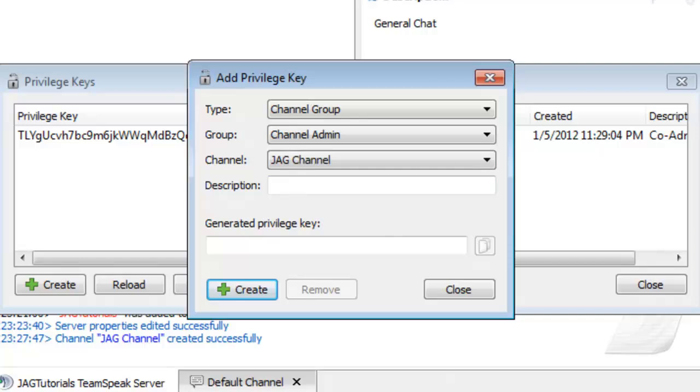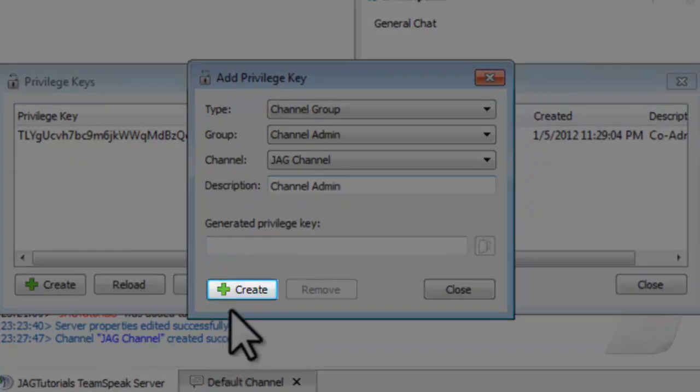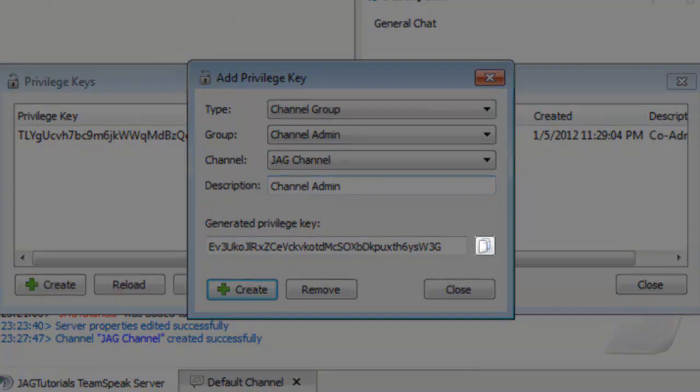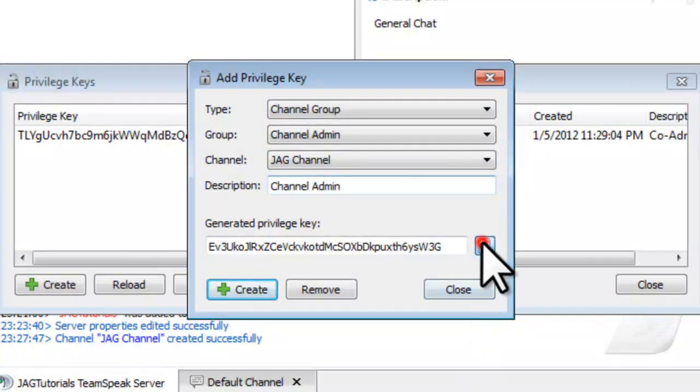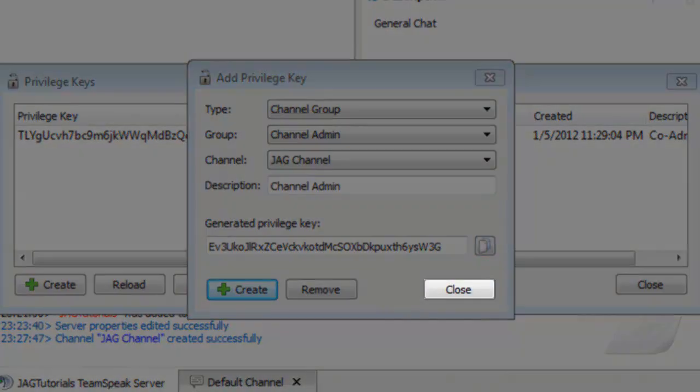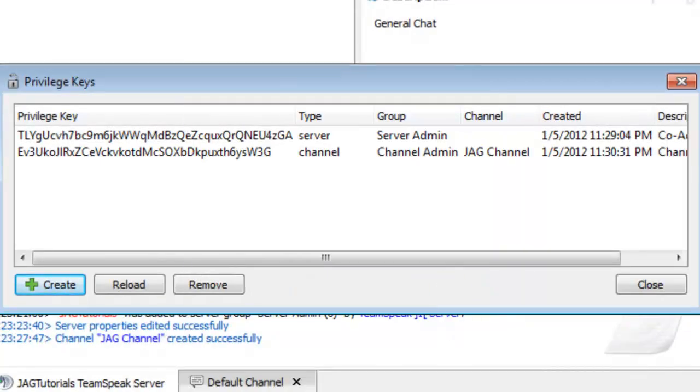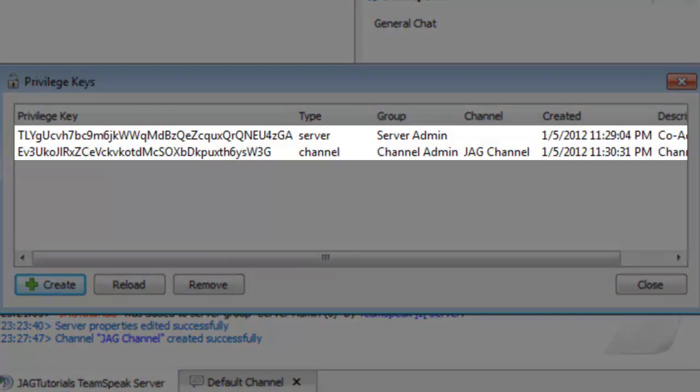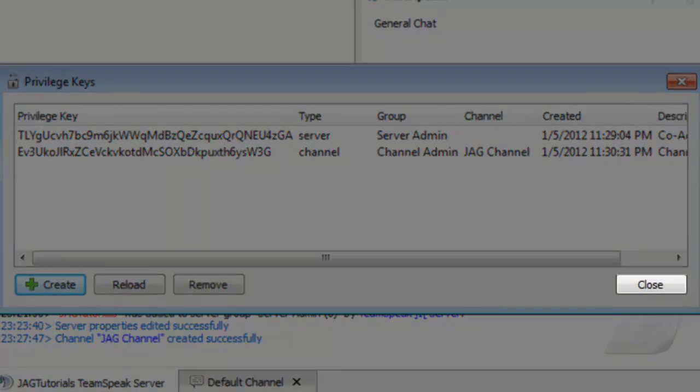Enter a description. I'll enter Channel Admin. Now click the Create button to generate the privilege key. Click the Copy to Clipboard button. And then click the Close button. Once the keys have been created on the Privilege Keys window, click the Close button.